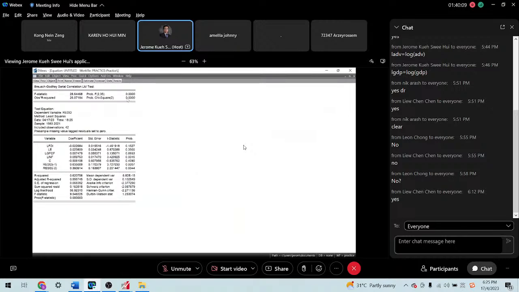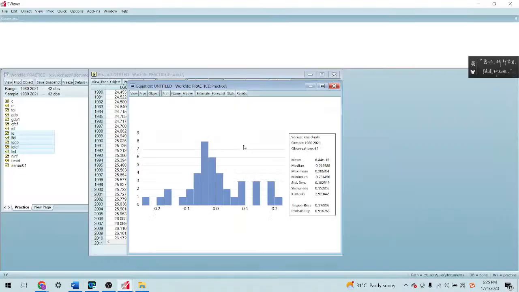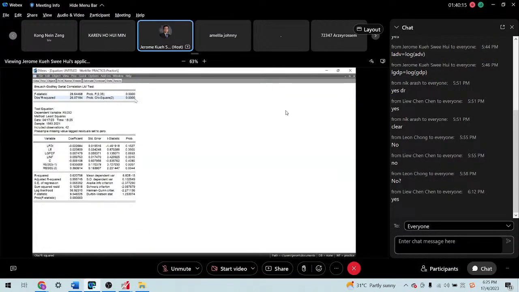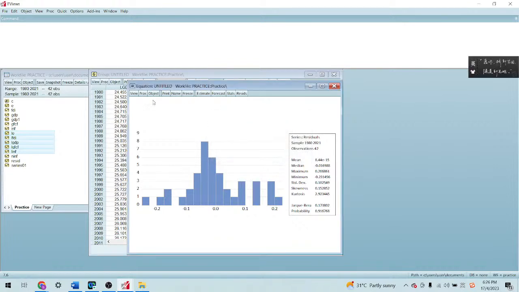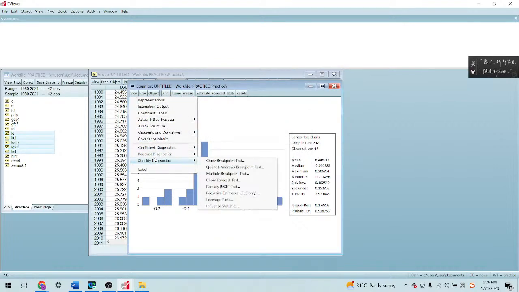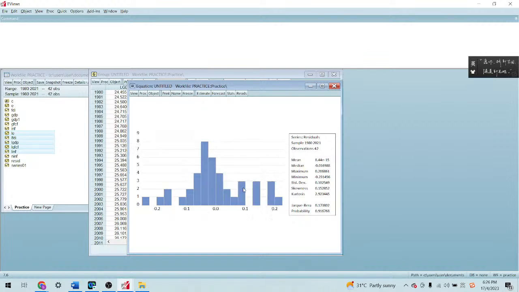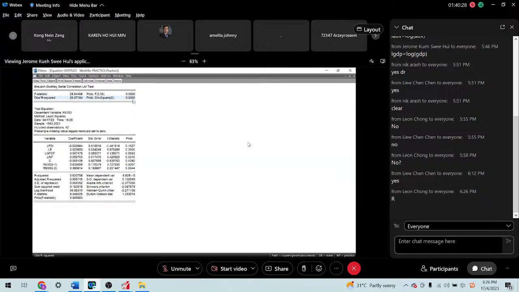So now you can see here. Do we reject or do not reject the null hypothesis in this case? The null hypothesis is that the error terms are not serially correlated. R. What is R? Do you know what I mean by R?